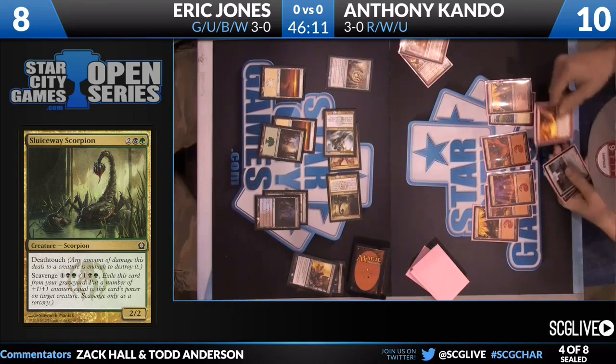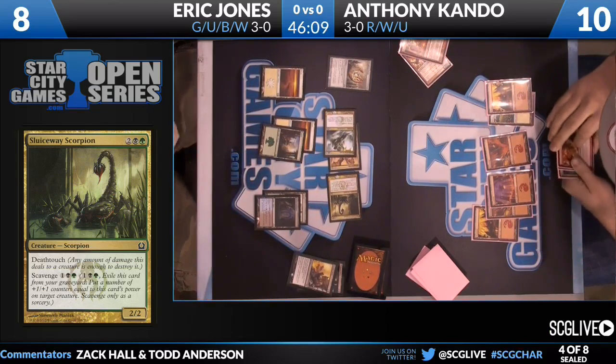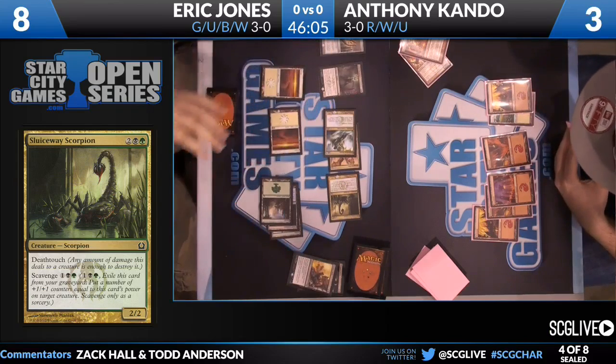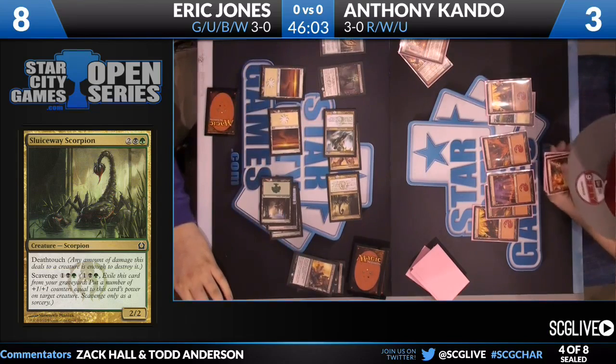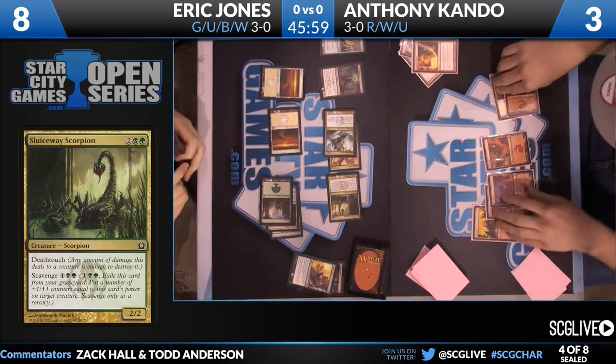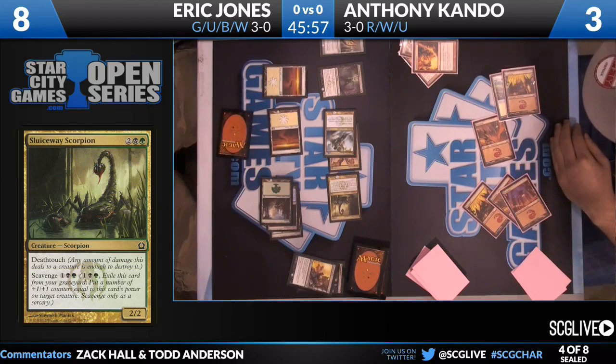He's not going to try to kill his creatures. He's just going to go straight to the dome. Yep. And another creature here from Eric is going to drain Anthony down to 2, put Eric at 9. And even now, though, since Eric goes up to 9, the Explosive Impact, dealing only 5 damage, means that Anthony